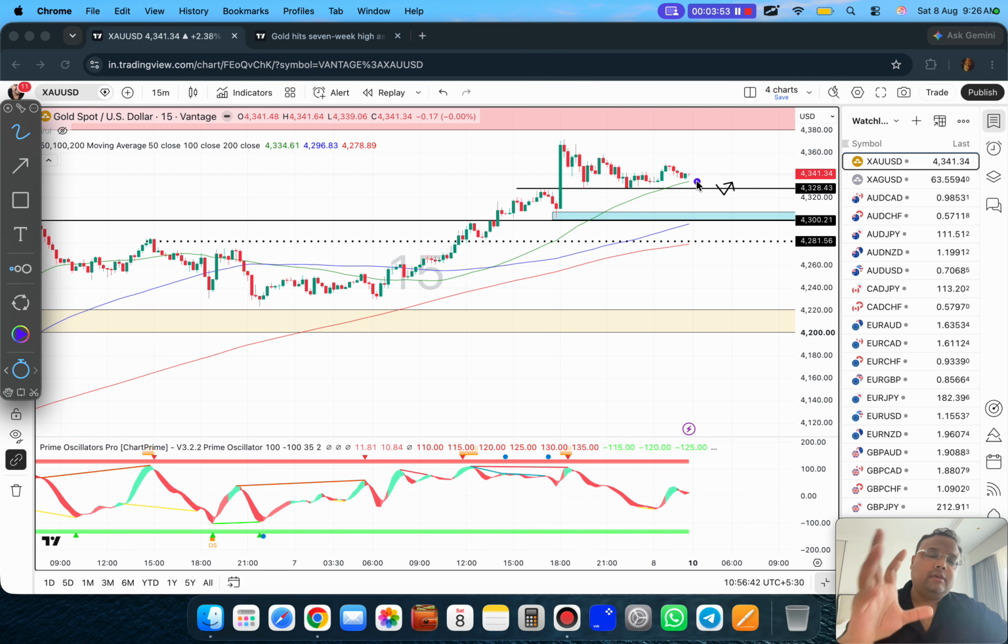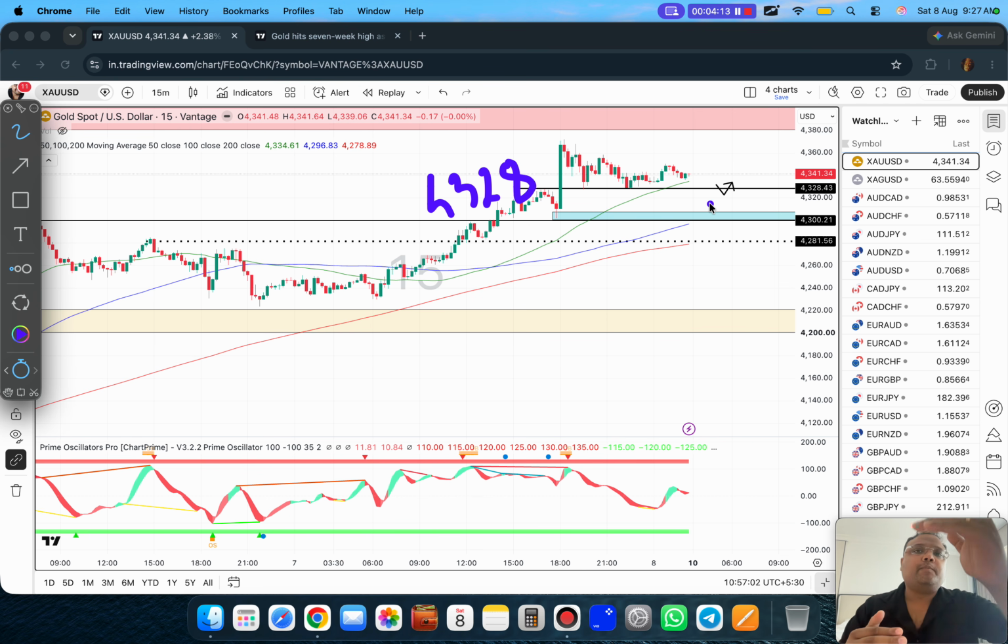So if we get a normal silent market opening, then we can expect the market to take support around 4328 again, because on Friday we saw gold taking support of the 4327, 4328 area. But this time we are expecting some liquidity grab. So if you see the market breaking 4328, 4327, there's a high chance the market will be coming up again. When the market comes up after some liquidity grab, we can look for a buy. 4328 is still a support zone for day traders if the volume is low.